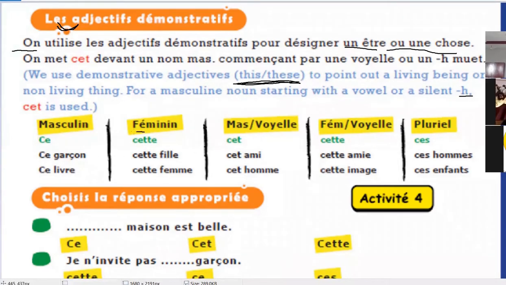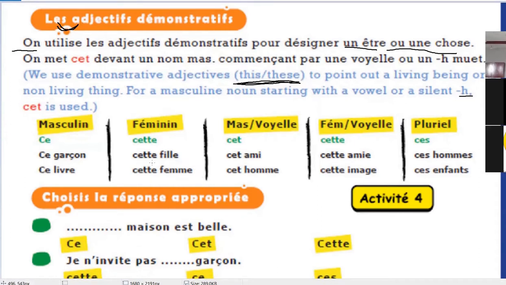With feminine we use cette, and this also means this. So here I am with Arjun. Arjun will read these two examples loudly. Just see on screen, you can read, Arjun. Cette fille, which means this girl or daughter. Next word, cette femme. Femme is woman, so this lady.